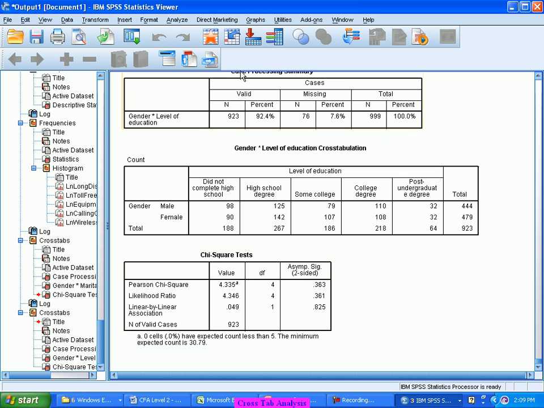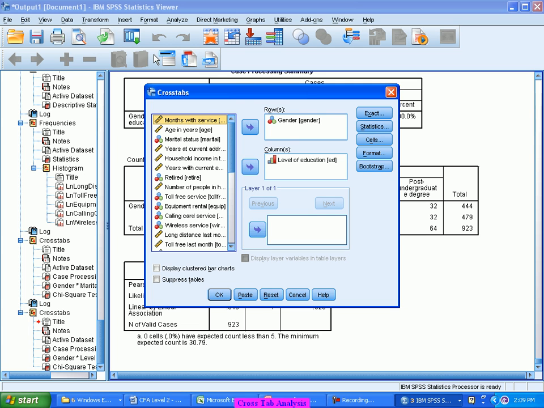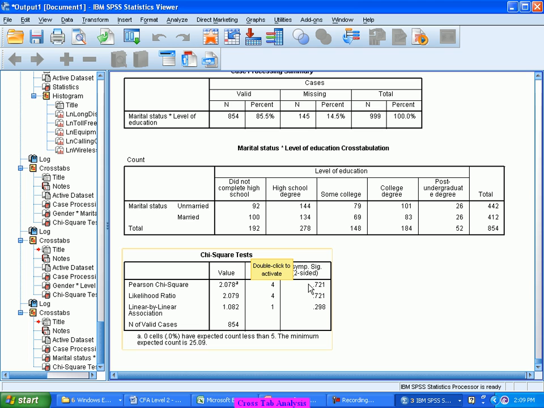So again, here what people try to spend time on is, where is there a difference? By default, you are assuming the uniformity itself. Let's say instead of gender here, I take marital status here. 0.72. Still greater than 0.05. So even for marital status, you see there is a uniform distribution more or less. There is just a plus or minus here and there, otherwise the numbers are uniform itself.